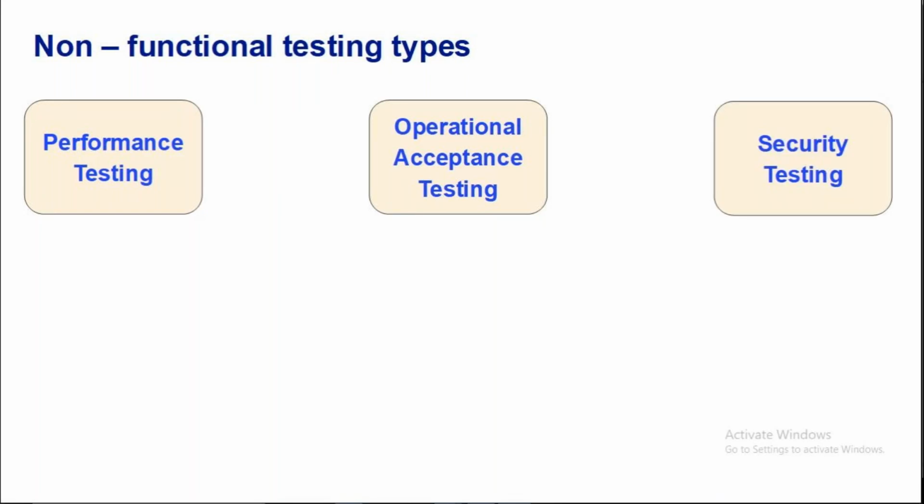Then we have security testing. The points which I told: application hacking, data breach, malware. In that particular thing, we do the security testing. We try to validate whether my application is secure enough to be operated in production. Clear all of you?